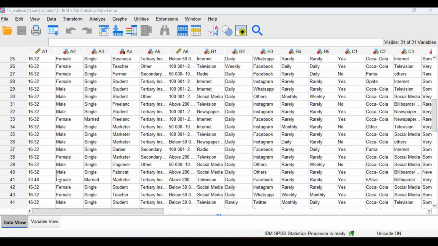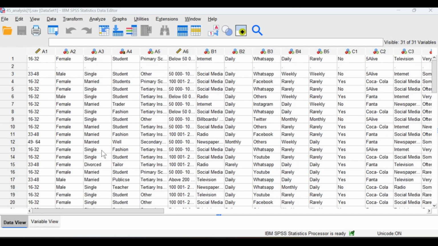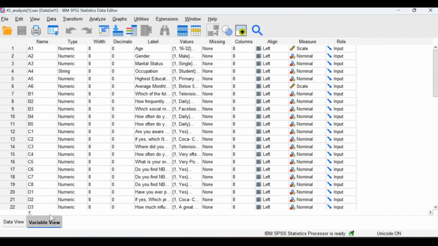Under this input window view, this page you are seeing is called data view. And the other page we call variable view, where we have the variables or the questions involved in your questionnaire. Looking at this variable view now,